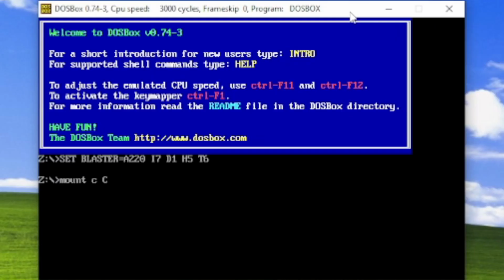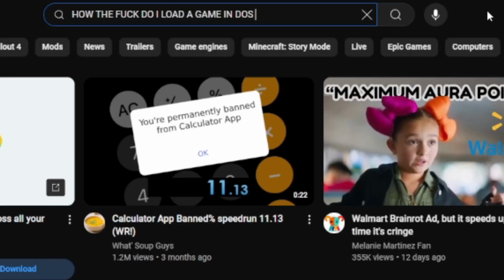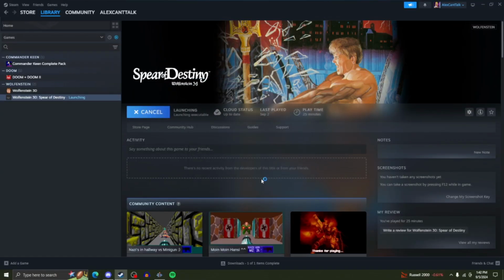Oh, neat. Welcome to DOSBox, kids. This is how dinosaurs used to use computers. I had no idea what I was doing when I loaded this, but this random Russian kid on YouTube helped me, so thanks a lot. Normally when I play a game in DOS, it's through Steam and it just loads the game for you, so...